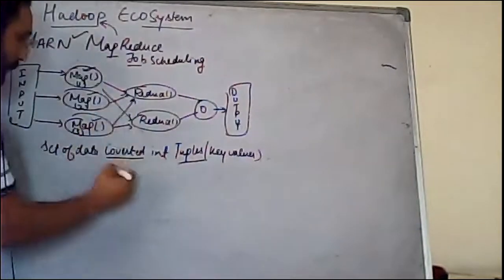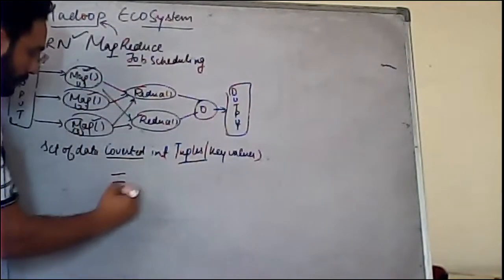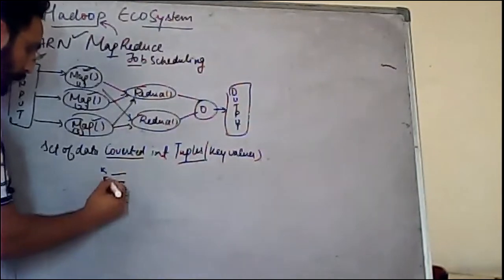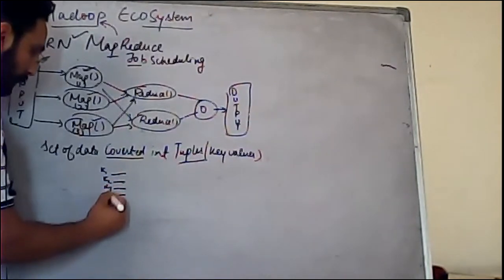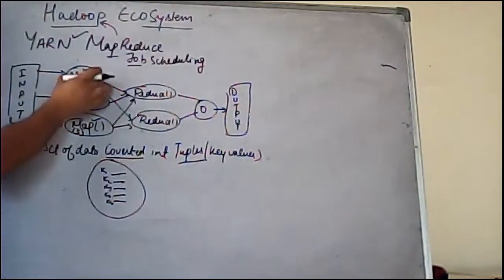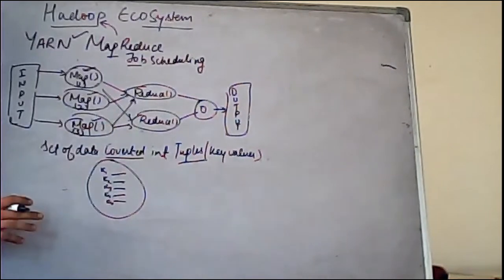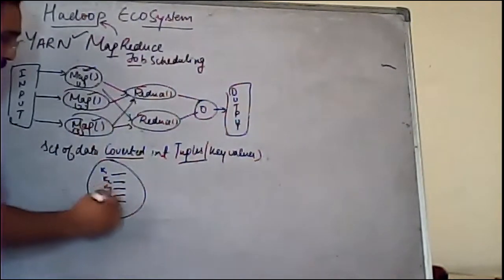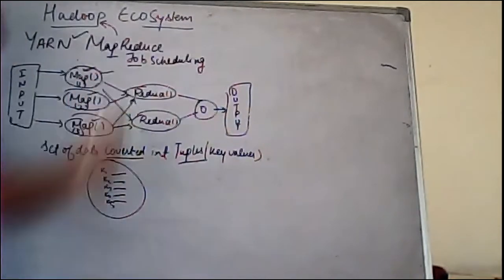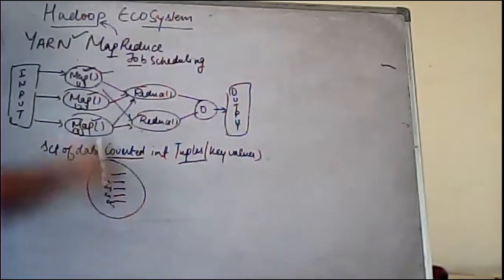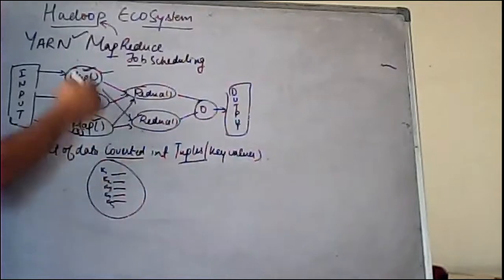Then these tuples are recorded with key 1, key 2, key 3, key 4, key 5. This is your converted data from different maps. We will assume this is key 1 to key 5 from map 1, and in the same way there is map 2 data, which will be another key. Then map 3 is there, and further